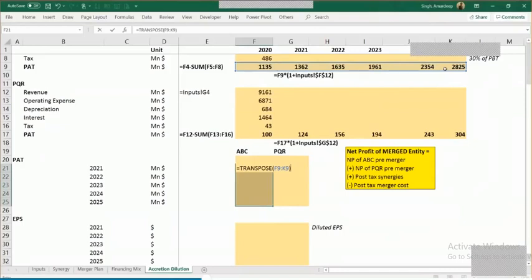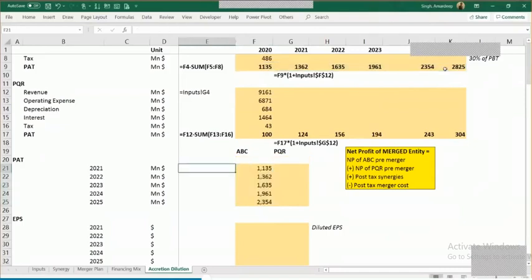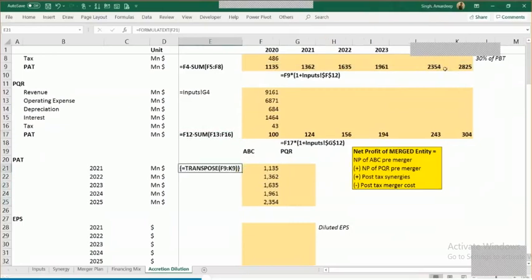So use Control Shift Enter, and you notice this formula gets replicated in the entire range, and it shows you the data which is transposed. You must use these three steps in case you have the old version of Excel. So these are the steps for using the transpose function of old school of Excel.